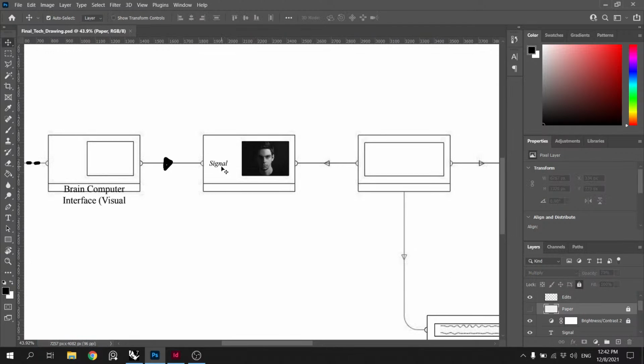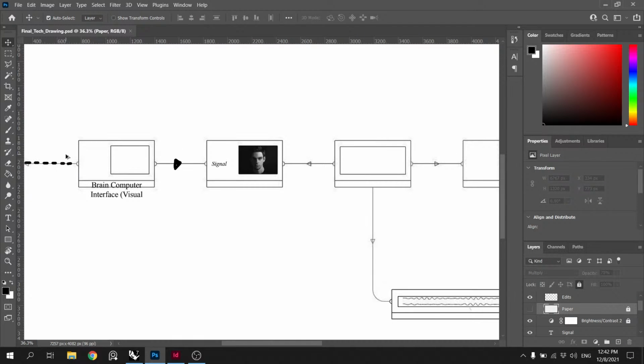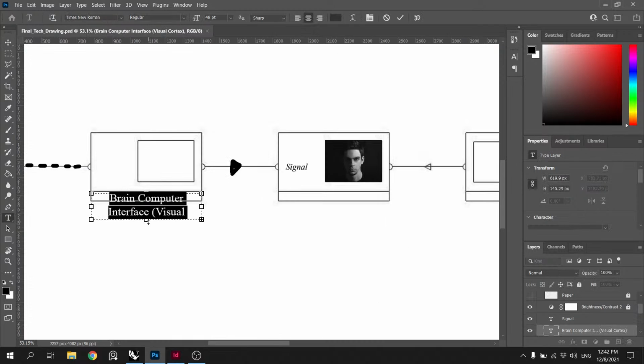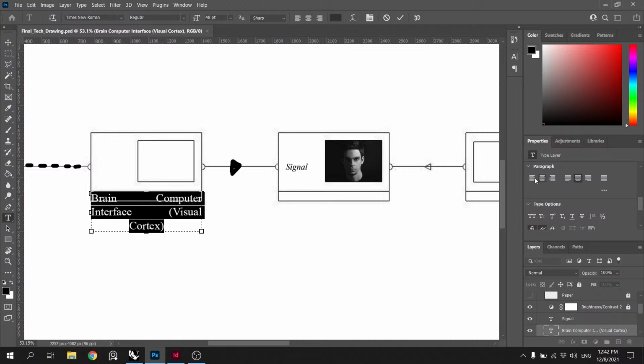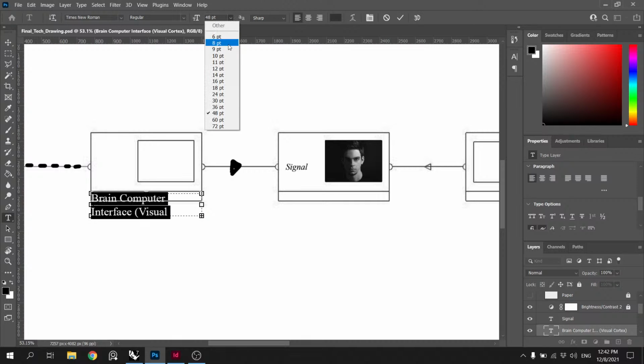I'm looking at this and I'm like, okay, so signal comes in, brain computer interface, visual cortex. So for that, we might need to run it as, no. Okay, you might need to go 46. We just have to come down a little bit. Yeah, there we go. And then center.